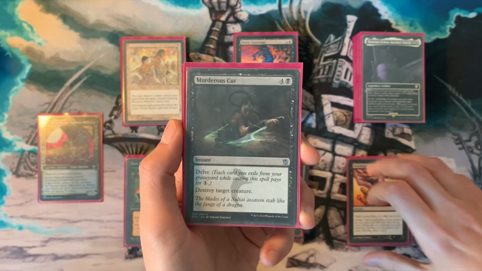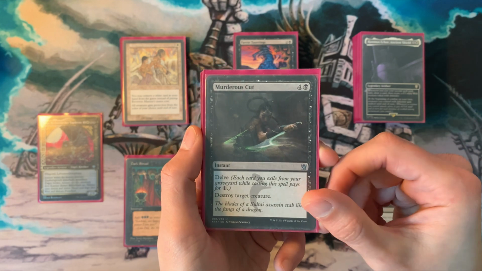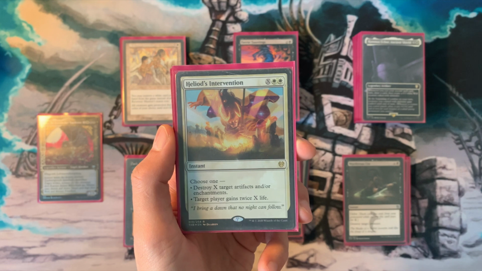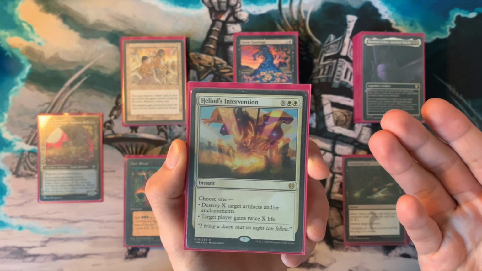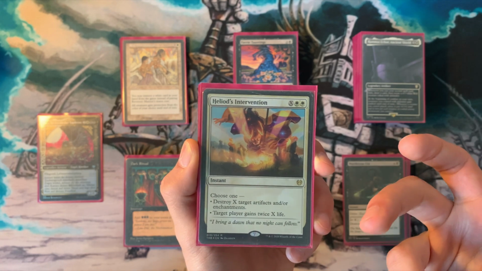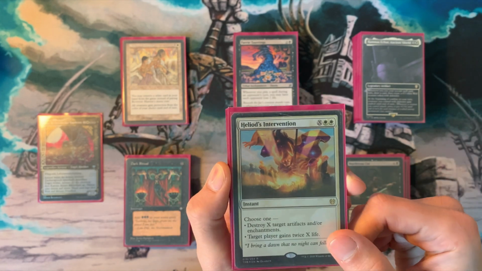Murderous Cut, similar to the Cruelty here, allows us to delve again to destroy a creature, so most of the time this will cost us 1 mana. Got the Intervention, which most of the time will cost more than just 2 mana, and can at instant speed destroy a whole bunch of artifacts and enchantments, or it can actually save our lives, which it already has more